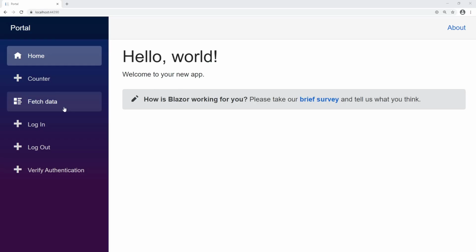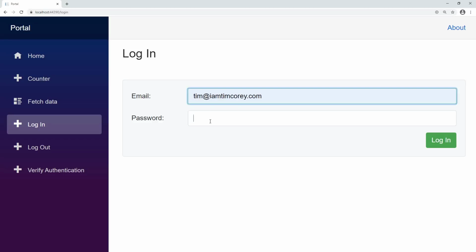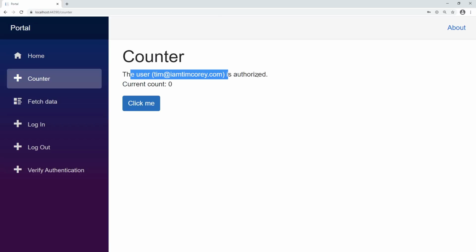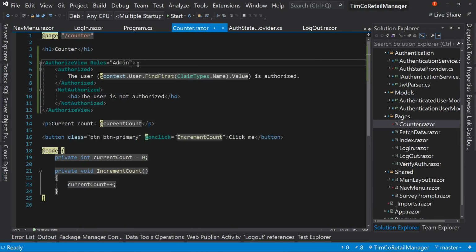So, counter, user's not authorized. Well, it's because they haven't logged in yet. Let's log in. Now I go to counter, the user is authorized because I'm part of that admin role. Cool. Let's leave me logged in. The only thing we'll change is when we close this down, we're going to change this from admin to manager,